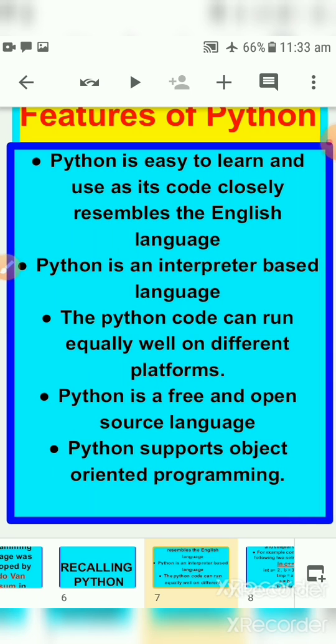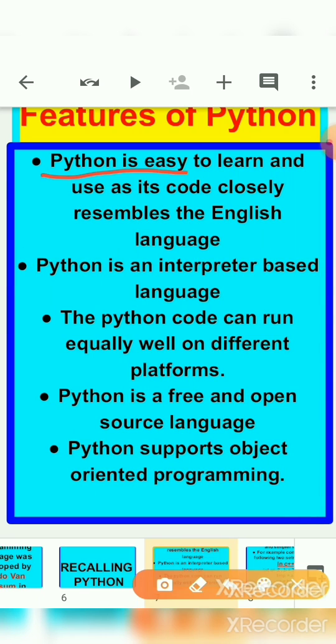We can say that Python is easy to learn and use as its code closely resembles the English language. See children, Python is compact and very easy to use. Okay, so whatever we are learning, we are writing in Python, it can be easily understood by us because we know the English language.